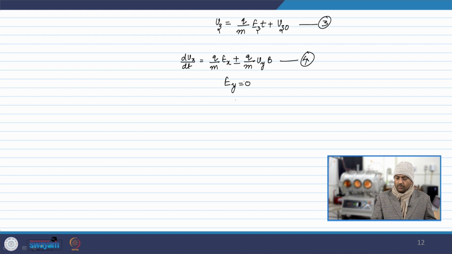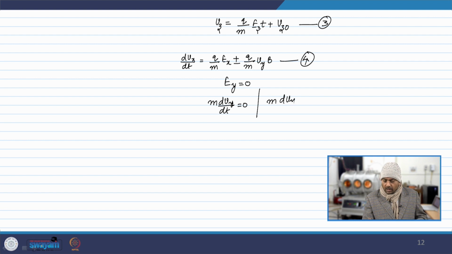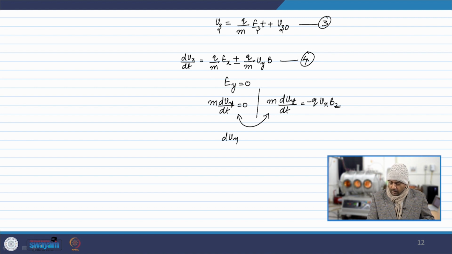Obviously, m dvy by dt is 0 for the electric field, and m dvy by dt is minus q vx bz, right. So, we have to combine these two things. We will write dvy by dt is minus q by m vx bz,